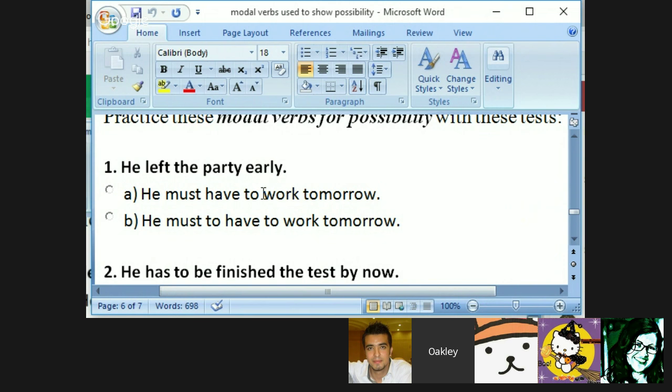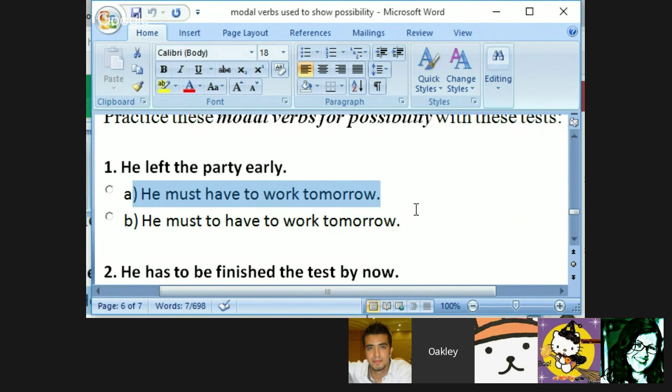This is really kind of an exception using modals, where we can actually use two modals in a row. It is possible with have to show probability for this have to obligation. We can't use should, which is another modal of obligation. He should have to work tomorrow. He should work tomorrow. No. It's only with have to that we can do this weird construction with two modals in a row. It really only happens like this with have to.